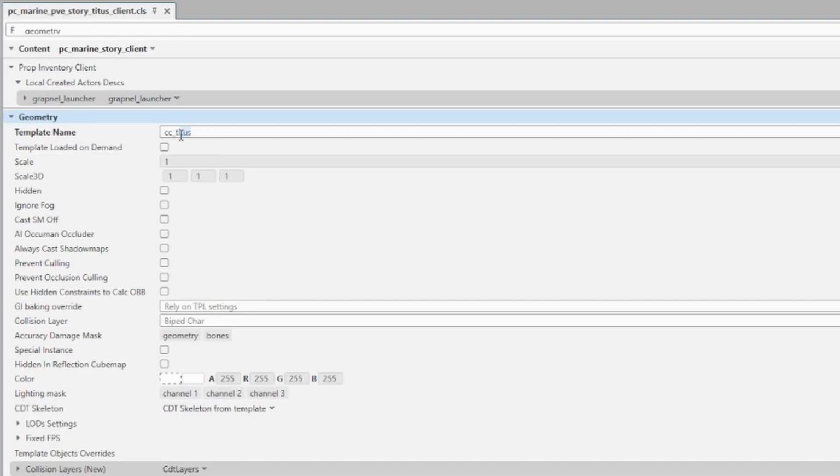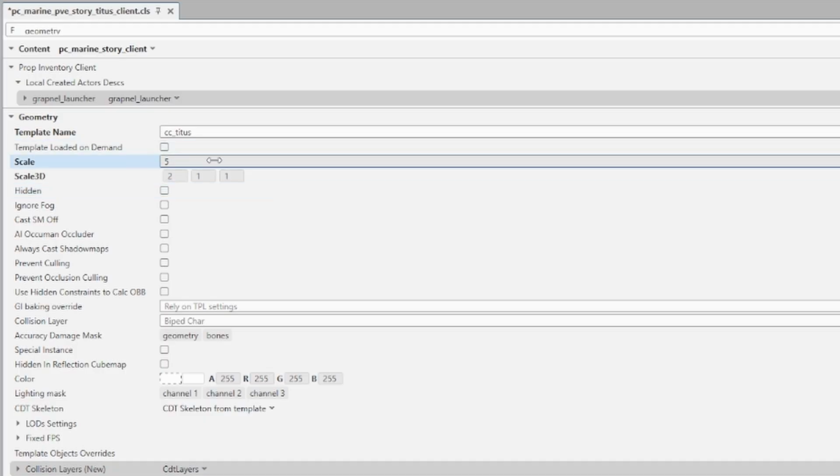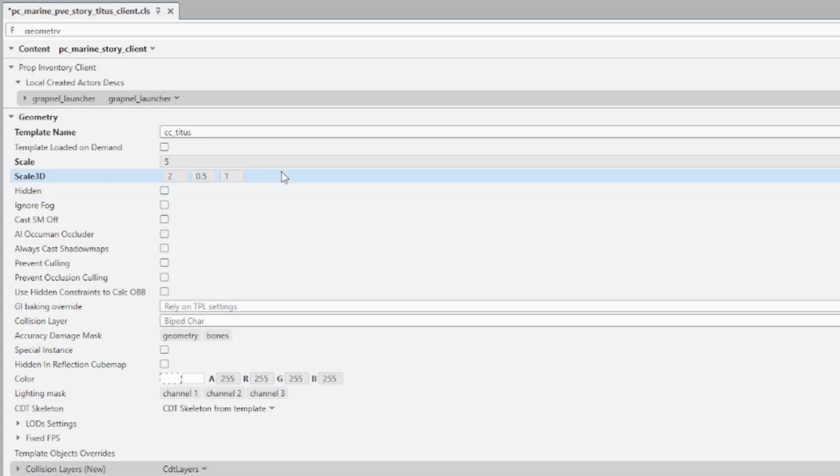You can see it uses the template cc_Titus, has a scale of 1, and a bunch of these other things that are not enabled or turned on or messed with at all. So we're going to leave the template as cc_Titus, and we are going to change the scale to like 5. You can also do 3D scale. So if we wanted him to be really wide, I guess that would be this one. If we want to be 2 times wide, this is multiplication, not addition. So this is 5 times as big, 2 times as wide, and this is X, Y, Z. So if we wanted him to be short and stout, we can do 0.5. So now he's half as tall. We don't need to mess with